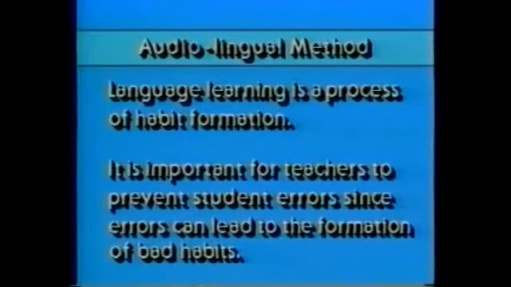We saw how the students stumbled over one of the lines of the dialogue they were repeating. When this happened, the teacher used a backward build-up drill with a troublesome line. He started at the end of the sentence and had the students repeat the final phrase. To this, he added each phrase in turn until the students were able to say the whole sentence smoothly. The teacher corrected students' errors in other ways as well, for example, by quickly saying the phrase for the students to hear and repeat. It's important to prevent learners from making errors, since errors lead to the formation of bad habits.